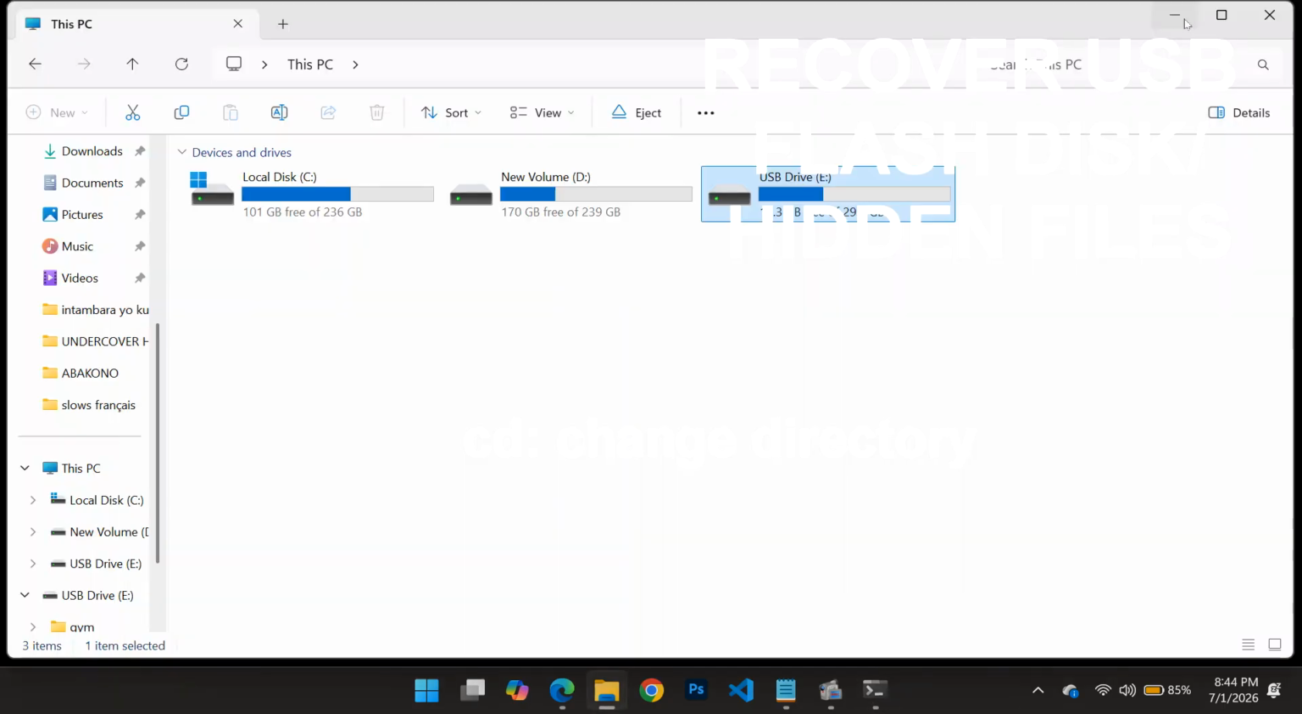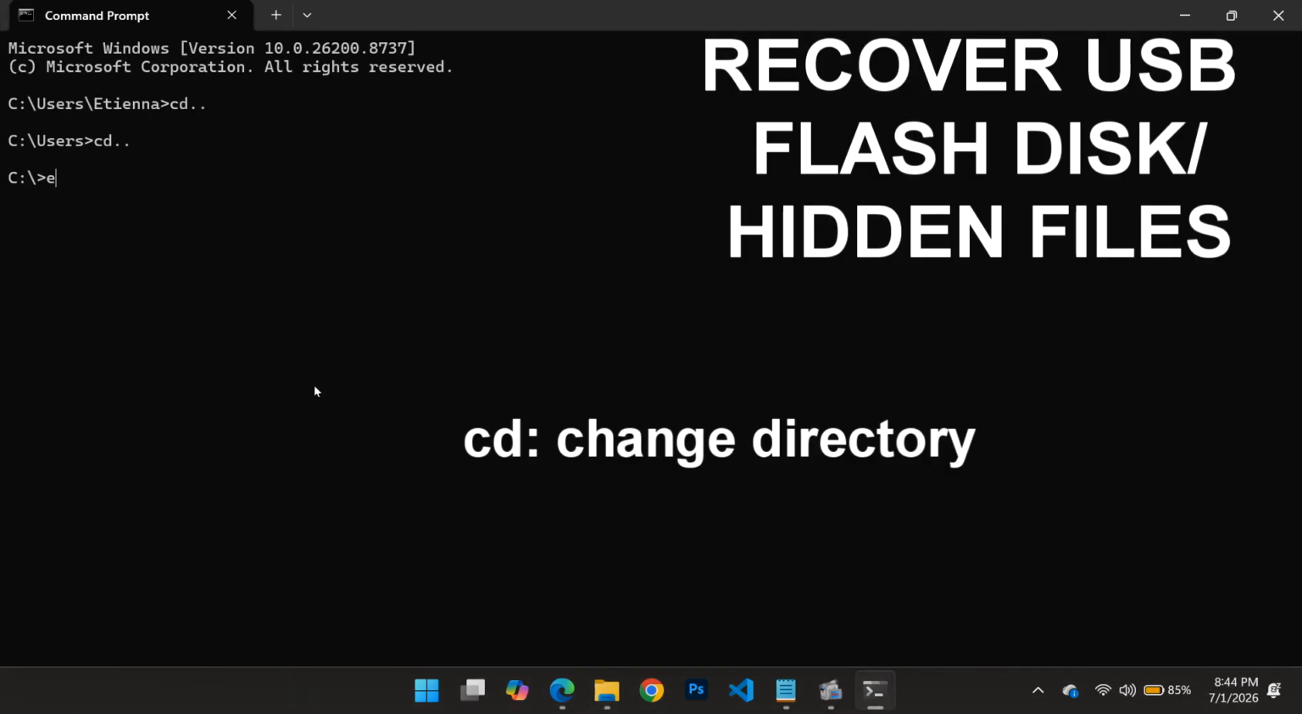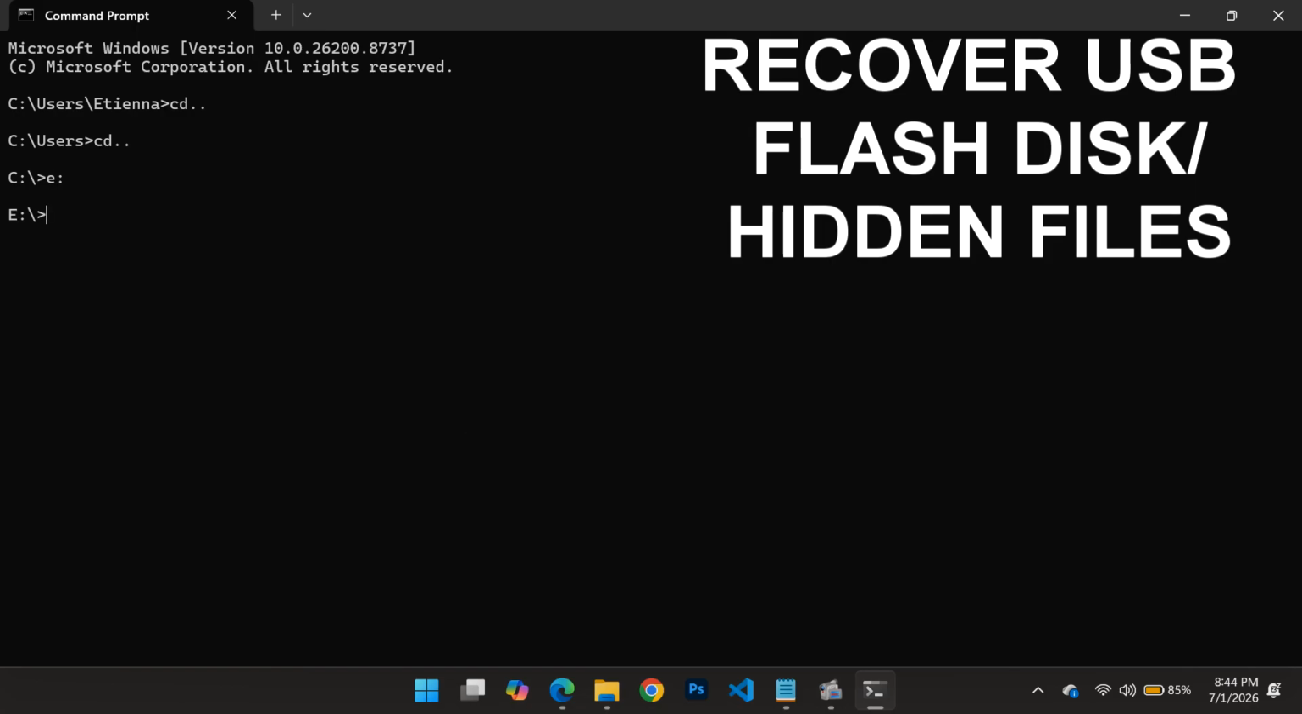Then you have letter E. Type E, then there's a colon, then enter. You see, we changed the folder, or we changed the path. Here we were in the path of local disk C, and then here we have drive E. Then type attrib